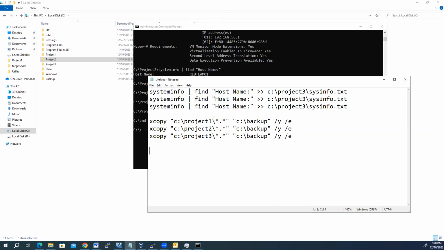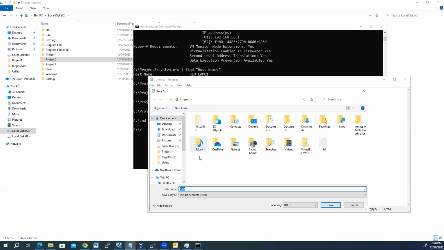You see, this is a Notepad, but I'm not typing any language. I type all the commands. These are all commands, as you can see. Then File, Save As, and I give a file name. Let's say my file name is equal to